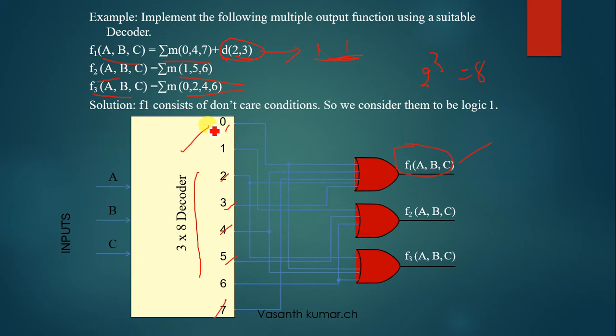So in a decoder, you provide the inputs, so that particular output will be enabled. Okay, whenever you are changing the logic, that particular logic output will be obtained, right? So that means whenever you are making the 0, 0, 0 combination here, we will get 1 as high, so that function will provide an output, right? Are you getting it? So that's all about how to implement functions using combinational logic, that means a decoder and an OR gate.